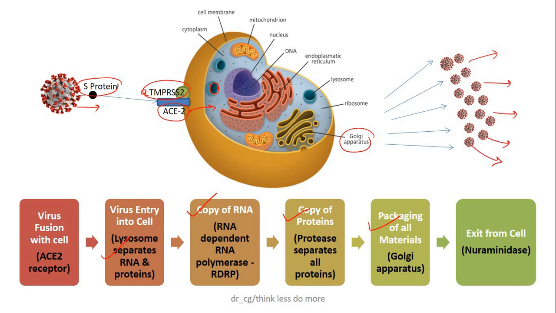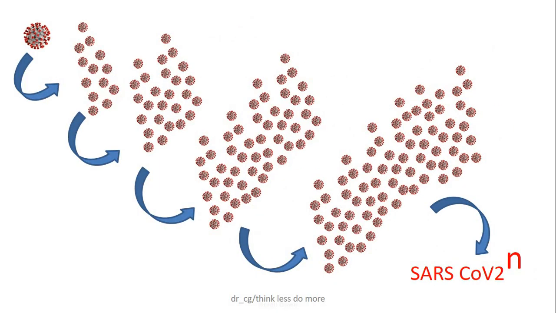I think now it's a little bit easier for all of you. All this process is continuously going on and makes a number of copies of the viruses and infects the nearby cell and continues the same process. Some of them also go outside from the body and infect other people also, and the same process continues.